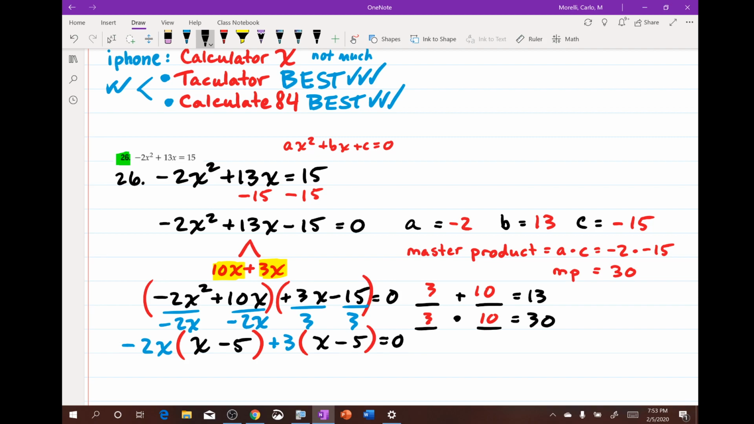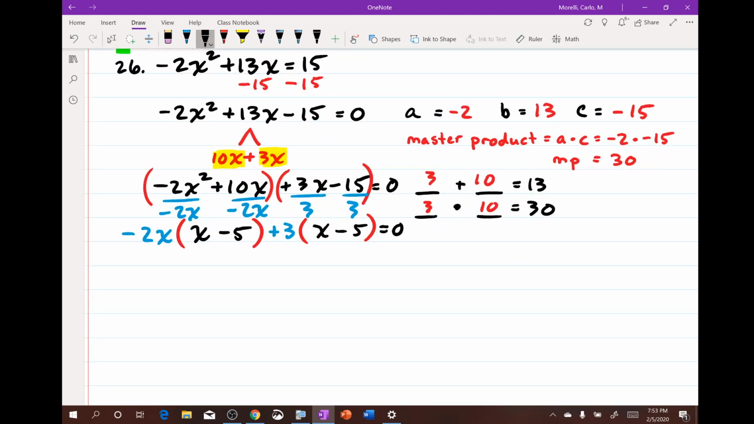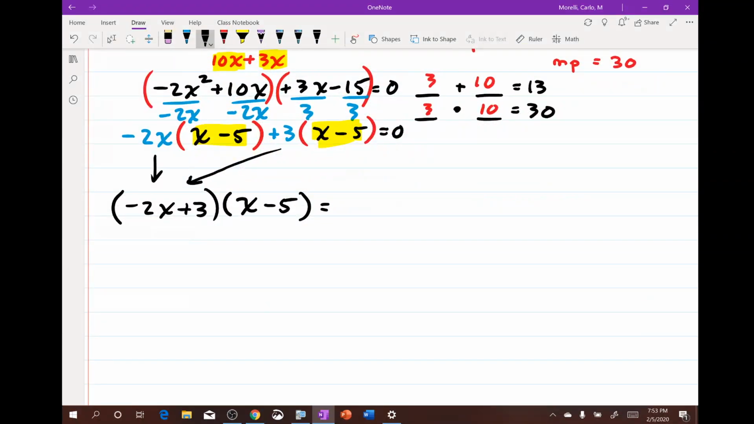Such a cool achievement to get this. All right, so now we're going to, remember, bring this guy here and that guy over here. And so this is now negative 2x plus 3, and that's a factor. And then these are just one factor, x minus 5, okay? And that equals 0. Okay, so we just set negative 2x plus 3 equal to 0 and x minus 5